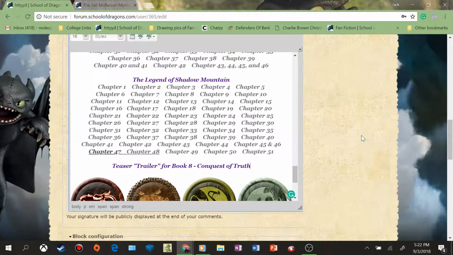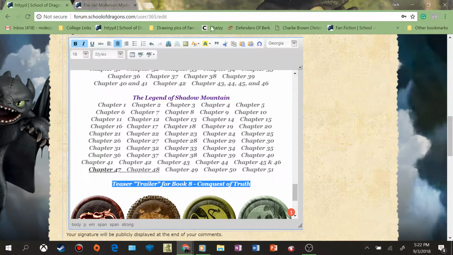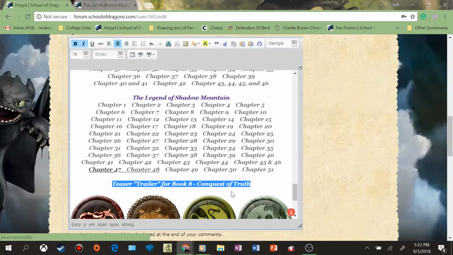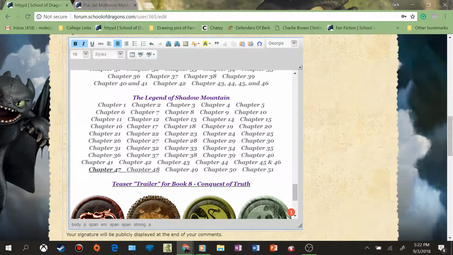Oh, you see how it has a color right now, but how to actually make the link is you highlight the text you want, come up to here, it says link. It used to be called a hyperlink, but now it's just called link. So you enter in the URL, the link you want, and you say OK, and then now it becomes a